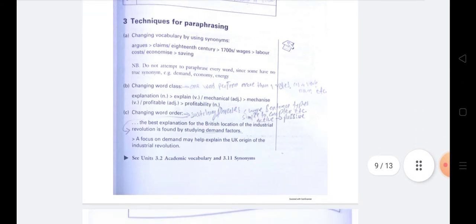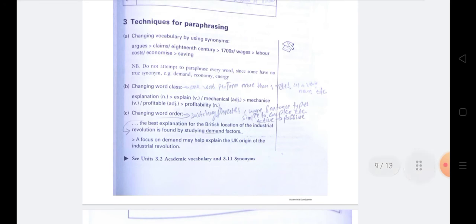Then techniques for paraphrasing: change the vocabulary using synonyms, such as instead of argue you may use claim, 18th century, 1700s, wages, labor cost, economize, saving. And do not attempt to paraphrase every word, since some have no true synonyms, such as demand, economy, energy.